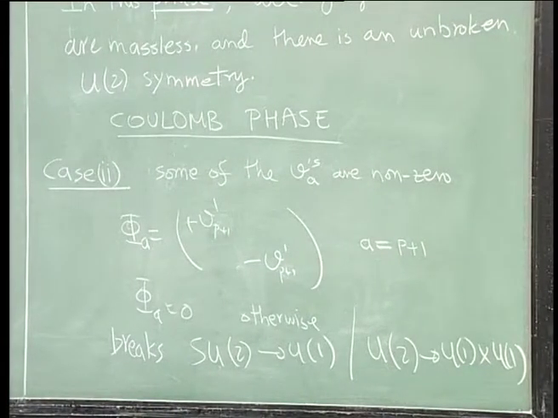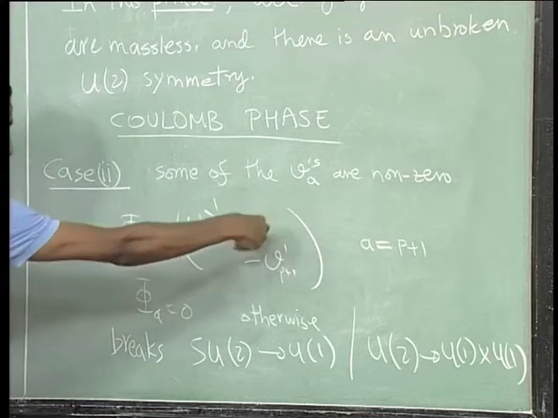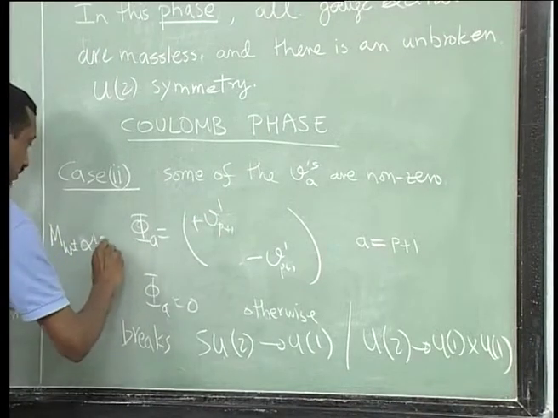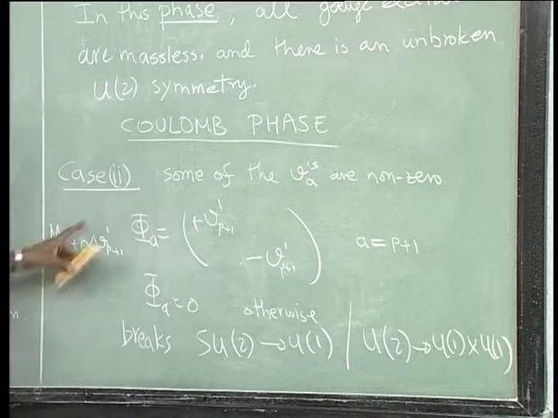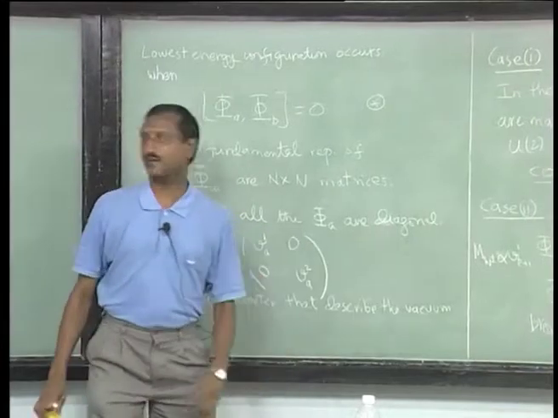Okay, and the mass of the W, so there will be W plus and W minus, right? There will be two massive guys, and the mass of the W, so I will just call them mass of W plus minus, will be among other things proportional to V, this number. There will be g factors, all those things, but this is the mass, right. So there we have the Higgs mechanism at work, and so it is kind of fairly straightforward,